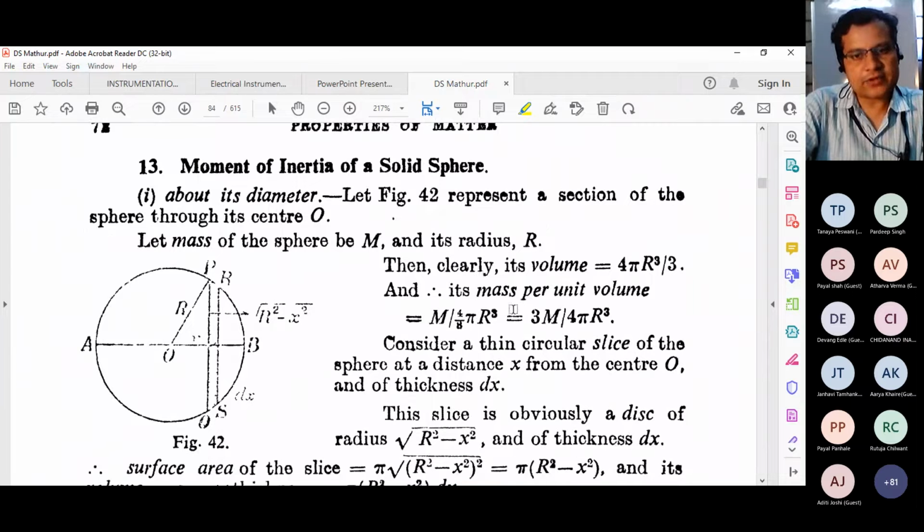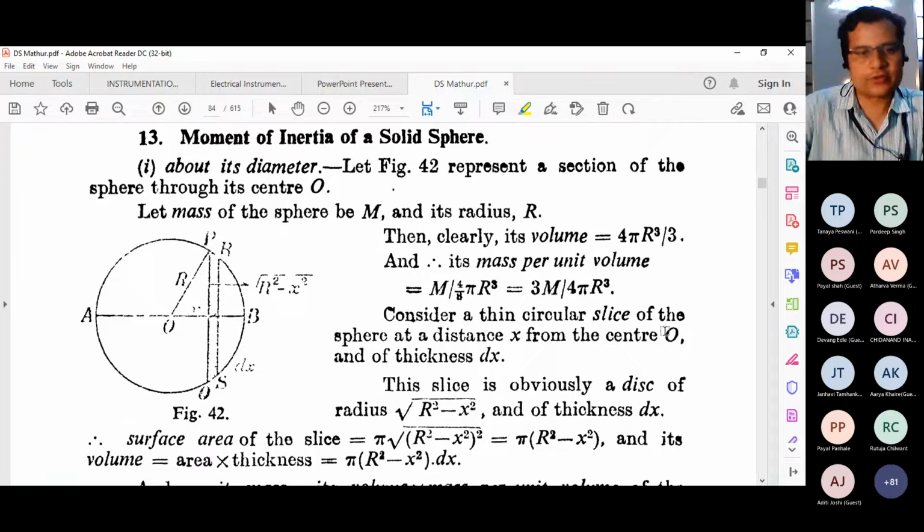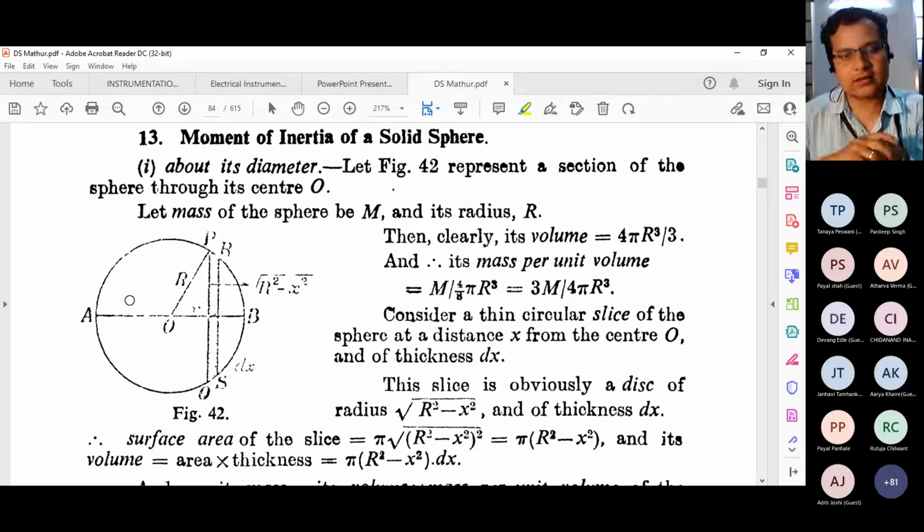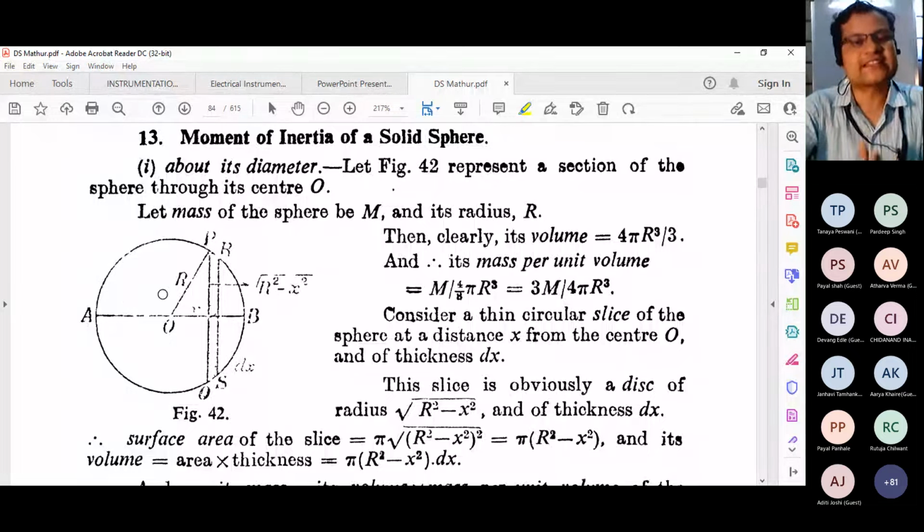Okay, now you can ask me, can we use a similar logic for finding the moment of inertia of the whole solid sphere? That is the case which remains for our discussion today, and then the whole topic will be finished. So this is the figure we need to consider again. Again, we need to determine the moment of inertia of this solid sphere. It's like a metallic ball which is completely homogeneously and uniformly made of a certain material, a complete homogeneous body filled inside.